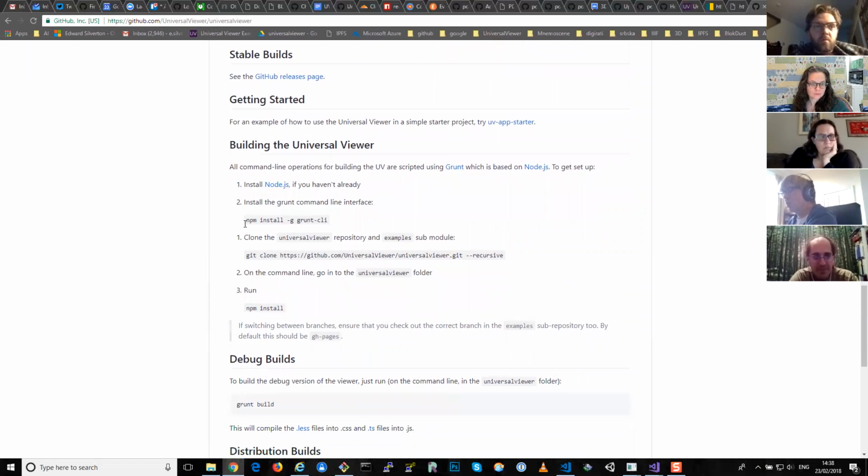I'm using Grunt to build it, which is based on Node.js and everything. Ideally, I'd like to move off of Grunt at some point to just use plain Node.js scripts, so like npm scripts. I started using Gulp on other projects, and I actually found myself missing Grunt because I found myself jumping through hoops to make Gulp work like Grunt, because it's